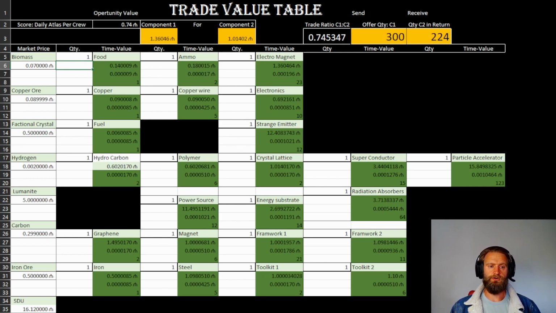And the time value will be commutative as well. So this takes 1 second to craft copper in this scenario, and then from copper I go to ammo, and so it takes 1 second to craft copper, 1 second to craft ammo. That equals a total of 2 seconds of crafting time. And so 2 seconds of crafting time multiplied by the